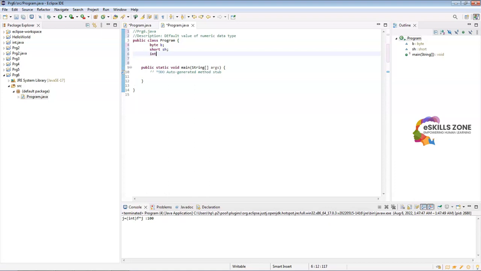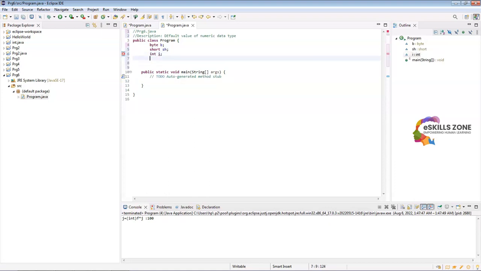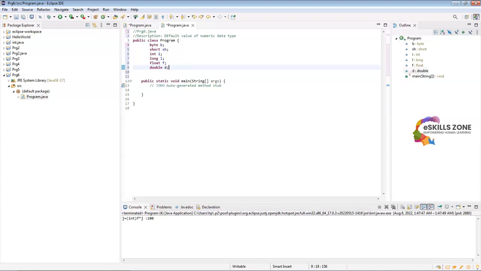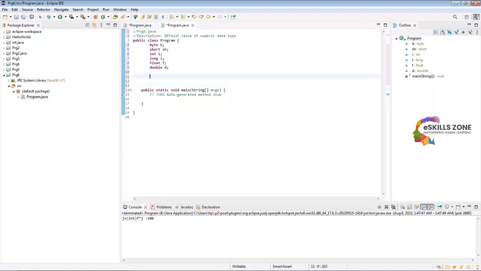Now we'll declare integer as i, then long as l, float as f, and double as d. So all these variables are declared in the class program,